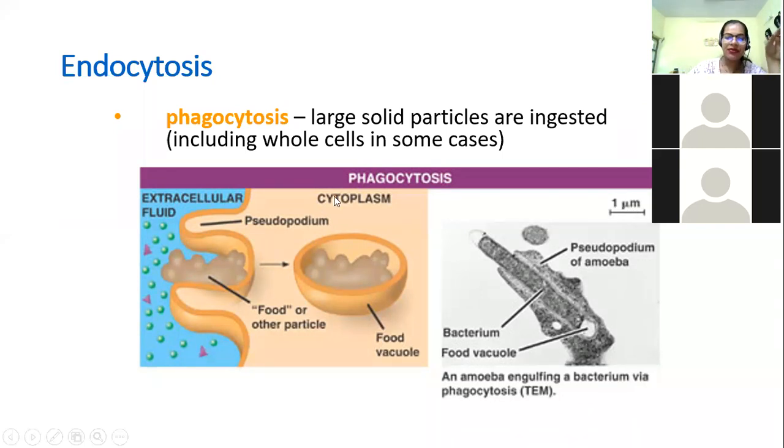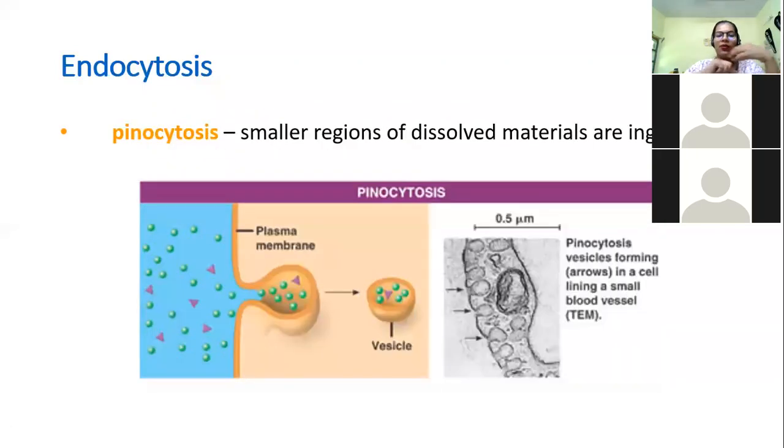Whereas in the case of bacteria, it is for eating. Whatever the food source or the nutrients available in the surrounding, they actually engulf the entire thing. Now, pinocytosis. It is also called the drinking process of the cell in bulk. So again, they take the water in large amounts and they engulf it. Okay, so is it clear?